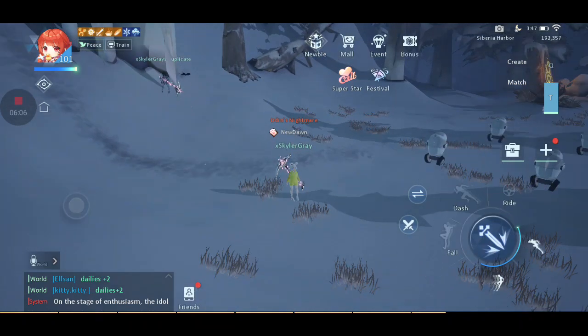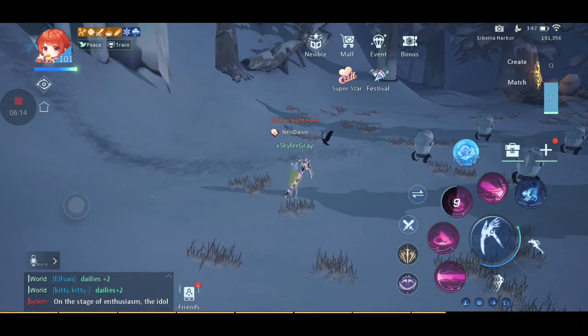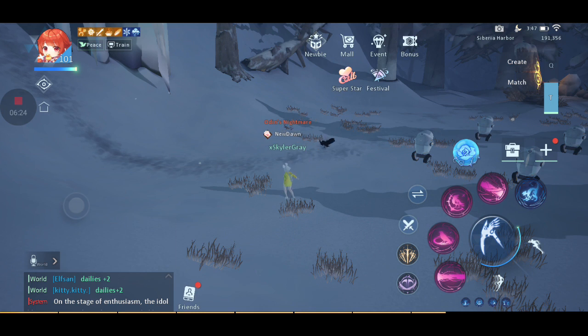You're going to have a clone that's going to walk forward. The bonus bit is that it would confuse the enemy. Your opponent is going to think that's the real one and they're going to attack that one, waste skills on that one. That's just a bonus, but the best effect of that is